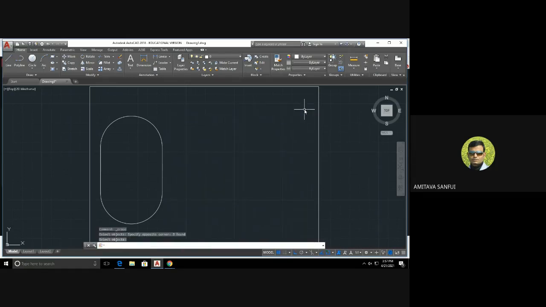Okay, enter. So that has been erased. Now rotate. Again, I have to select the whole thing. Okay. Now select how the object has been selected. Now I have to press enter to move to the next step. Now select the base point about which the object is to be rotated. Let us say the base point can be anywhere. Let us say I am selecting the base point here.